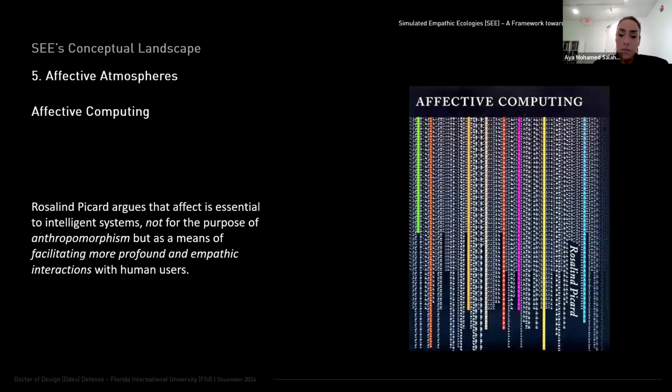To the point that psychologists and educators were redefining the definition of intelligence to include reference to emotional intelligence and social skills as well. Her perspective is that computers do not need affective abilities for the fanciful goal of becoming humanoids. They need them to function with a more sensitive, attuned intelligence toward humans in their interactions.